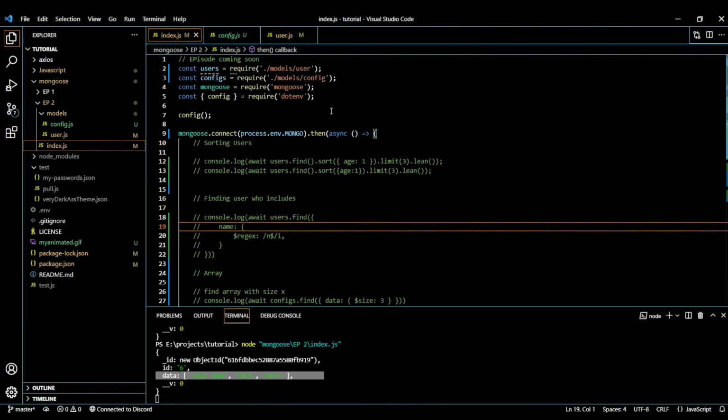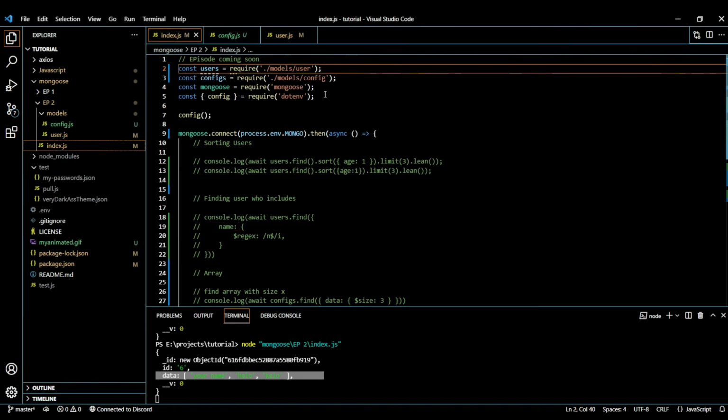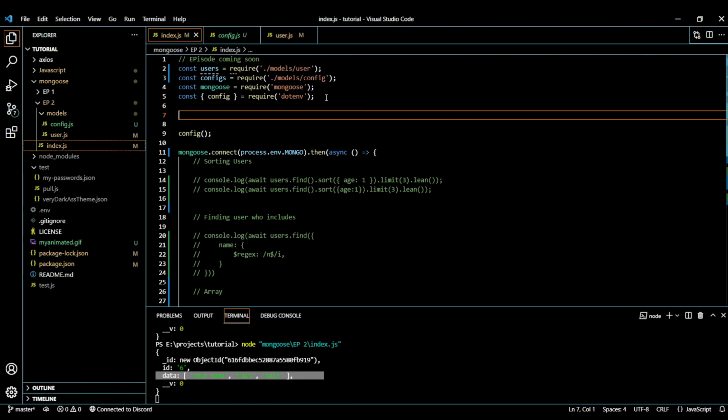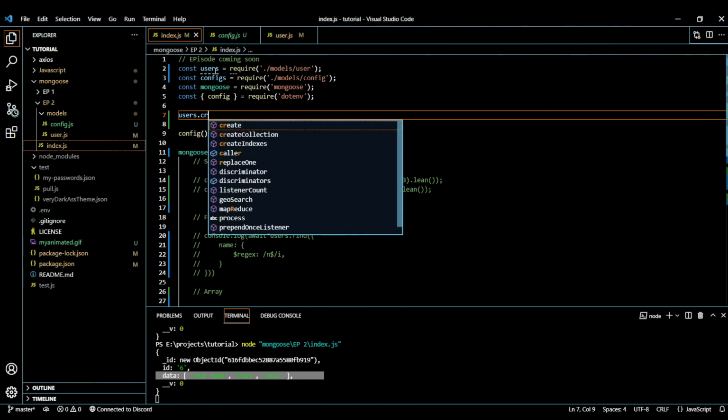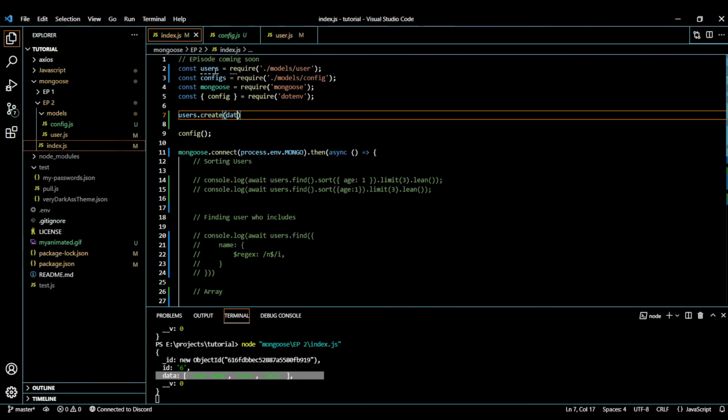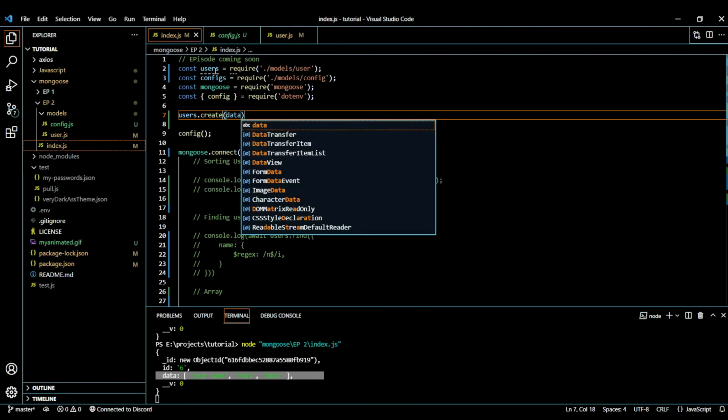And by the way, guys, I will tell you some more basic stuff. Like if you want to know how to create a database entry. Well, I did tell you about this in episode 1, but few people were confused. So let me tell you once more. If you just do the users model dot create, then you just provide the data, then a new document is added, or I should say a new database entry.